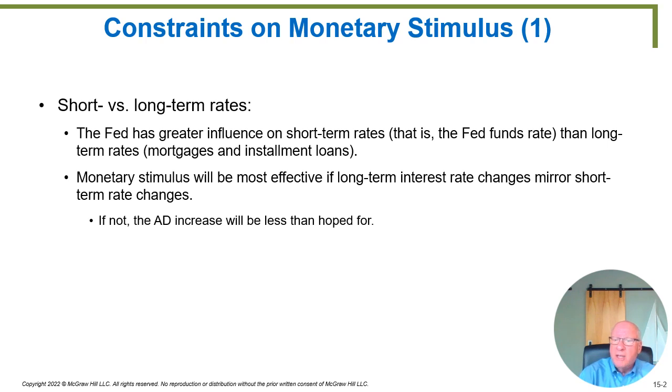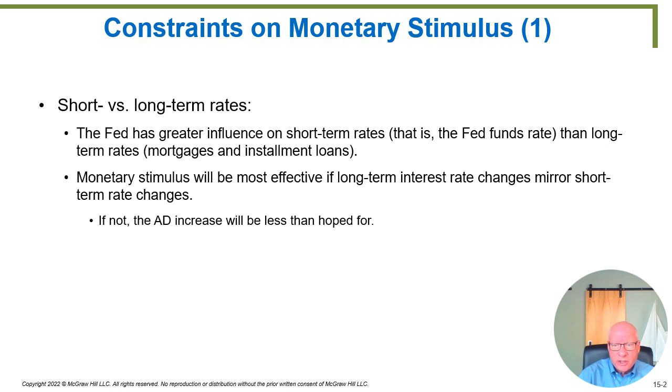Those attributes being they're relatively safe. They convert into cash very quickly because the loan only lasts for 30 days or whatever. So you could safely keep the money locked up for 30 days, then it turns back into cash again. That's the money market. Now it turns out that aggregate demand is mostly stimulated by long-term purchases, things like business people buying a new backhoe for a construction company or a homeowner buying a new house. But those decisions are usually affected by longer term interest rates, and especially the homeowners. That's the longest interest rate there is, 30 years. That's a very different market from the market for 30-day loans.